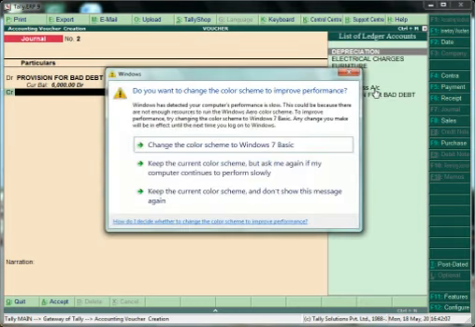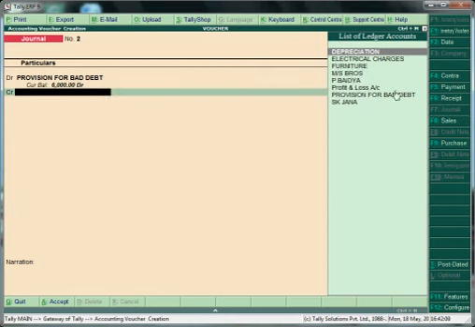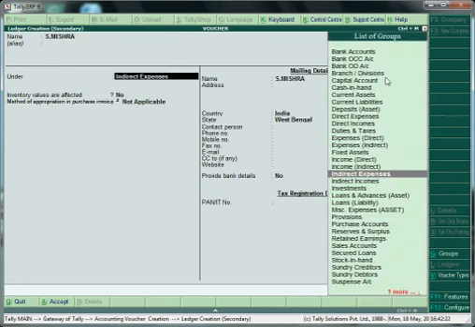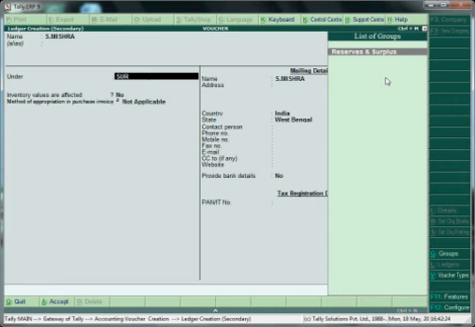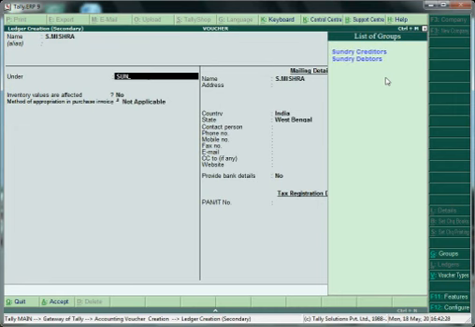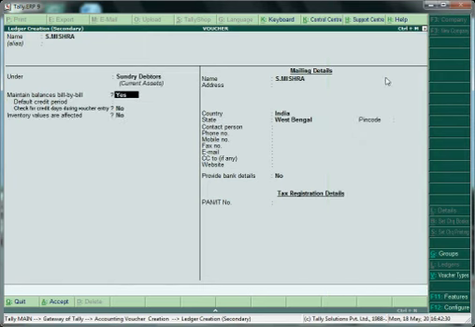Select here sundry debtors. Suppose I create here some sundry debtors, S Mishra, which is under sundry debtors.